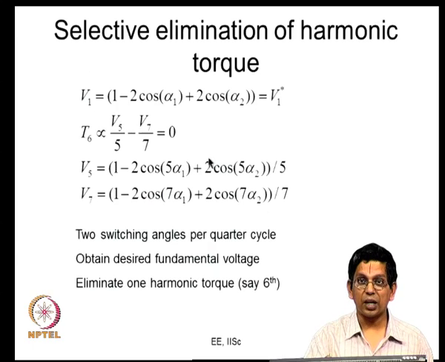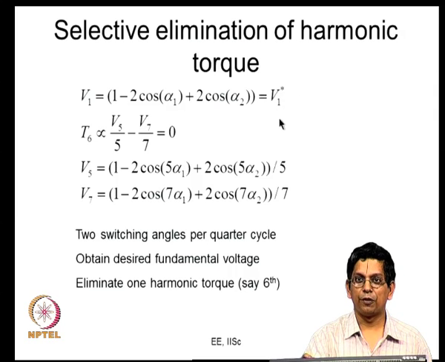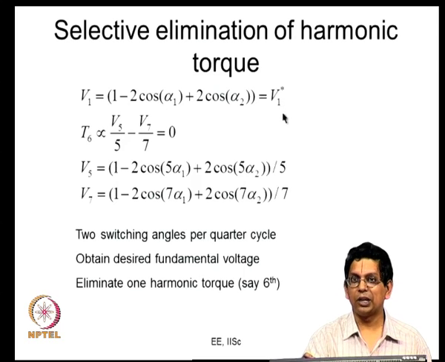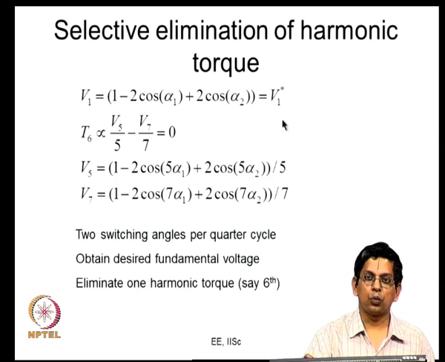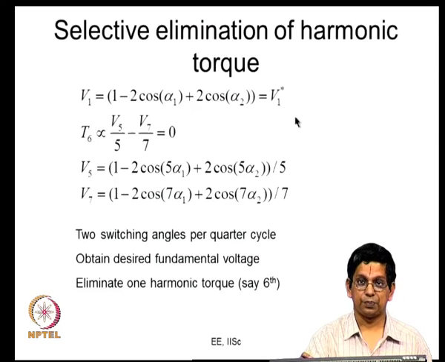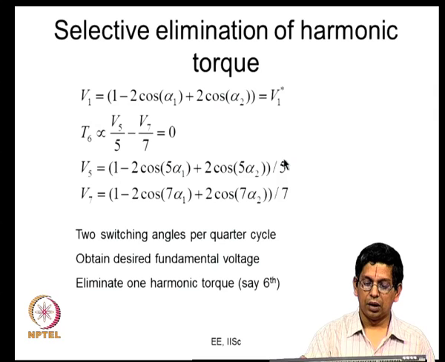In fact, you will not get solutions when you are very close to a 6-step operation, when your desired voltage is close to 1 per unit, where 1 per unit stands for the square wave fundamental voltage. So, like 0.95 to 1 per unit or so, there is some small range where you may not get any solution at all, and in some range you will get some solution, and there are also a few ranges where you would get multiple solutions. We have looked at all these, right.